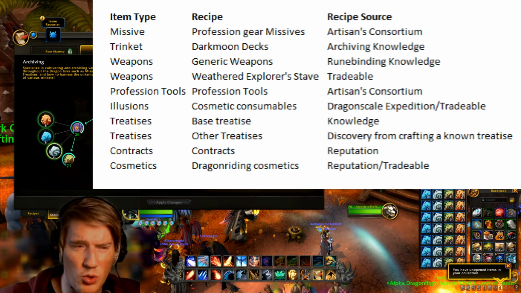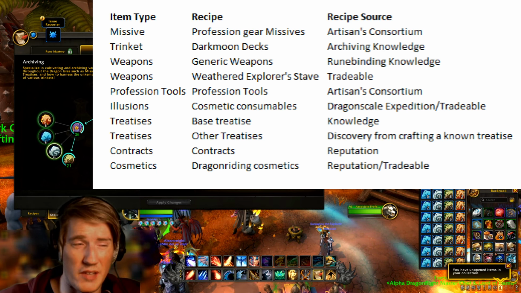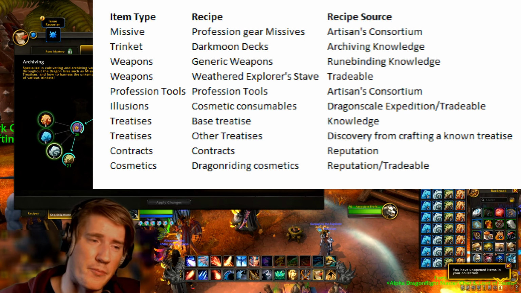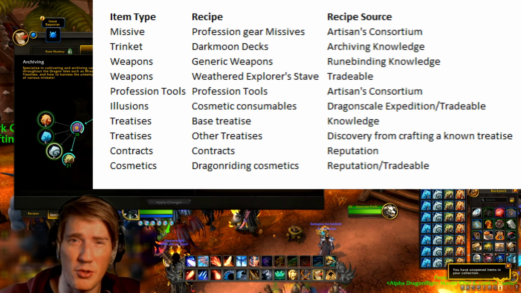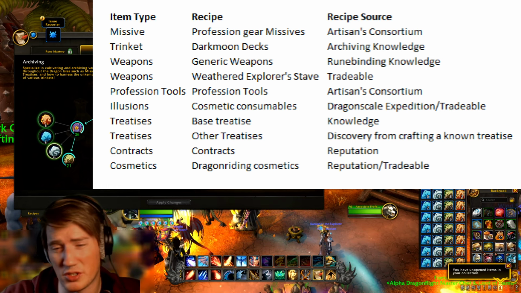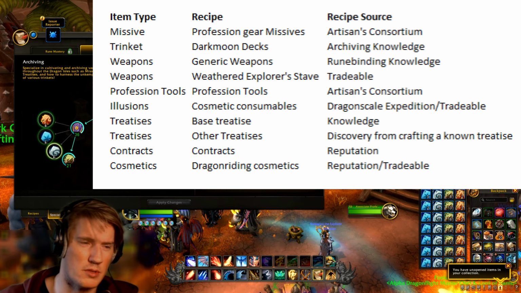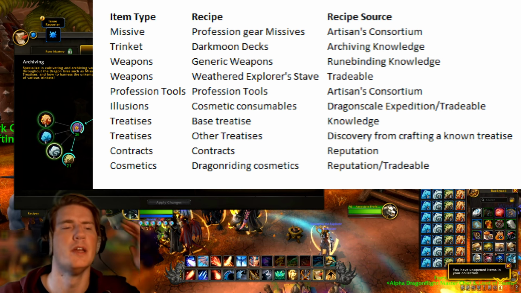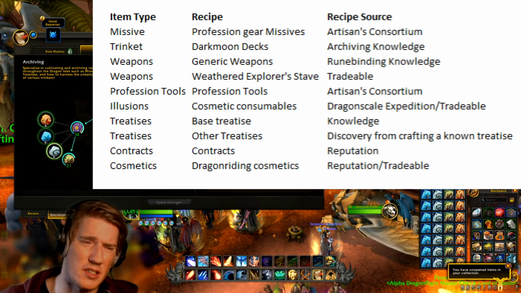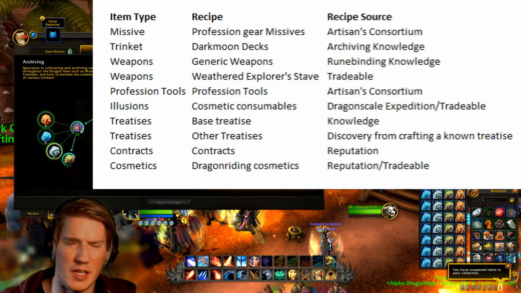Outside of that, it's mostly just from rune binding or from the knowledge tree for the most relevant recipes, which means like the trinkets, the weapons, and stuff like that. Definitely keep an eye out on the auction house for the Weathered Explorer stave, if that turns out to sim well for classes that can use it. If it doesn't sim well, then we can safely ignore it. Dragonscale Expedition is the other reputation I'd maybe consider focusing on, but overall I don't think there's any strong reason